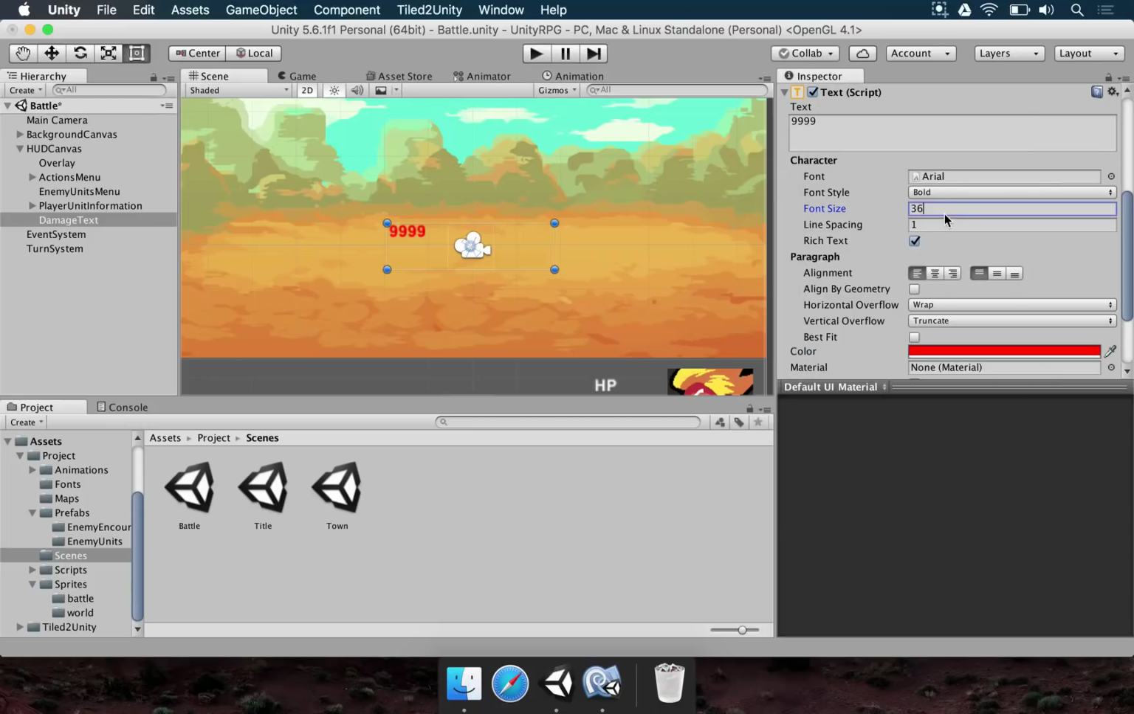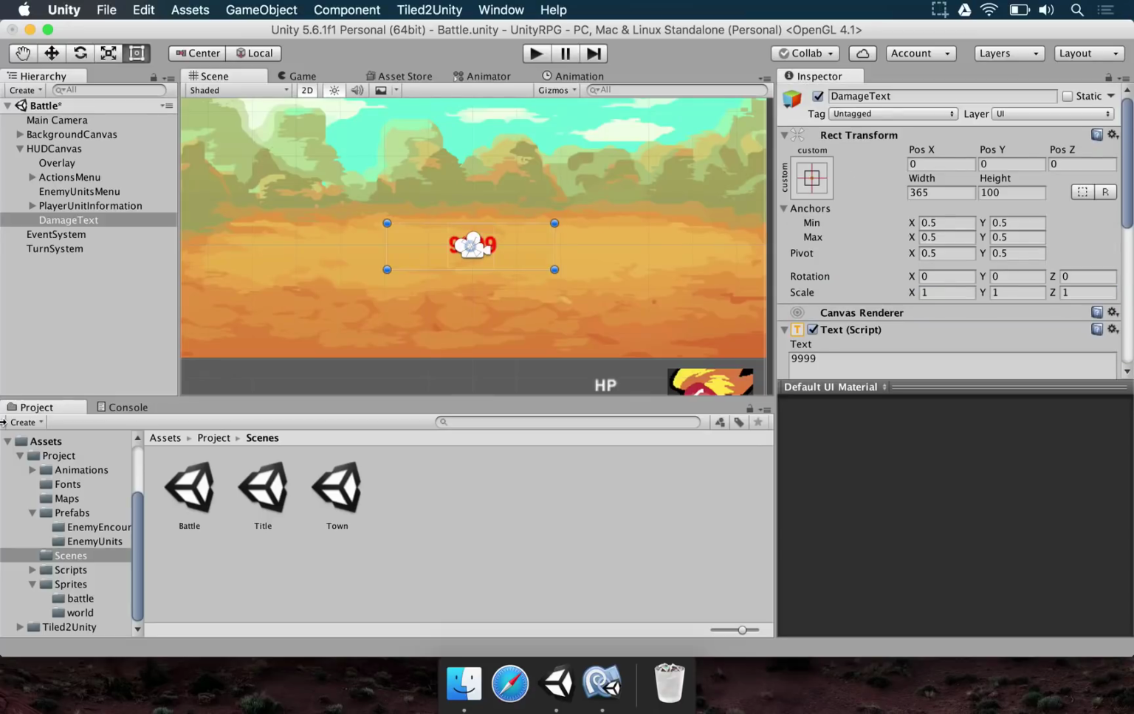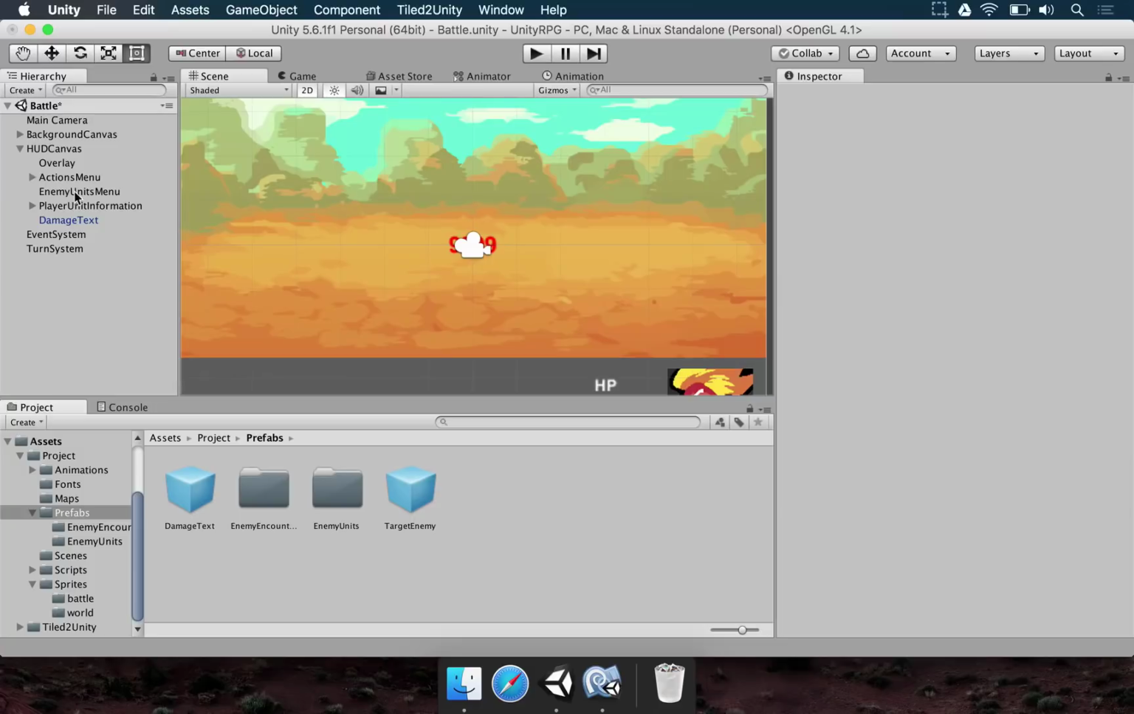Okay, it should be bigger, by the way. Let's use 50. Yes. Let's align in the center horizontally and center vertically. And now that we have this, it should be enough for us to save the damage text into a prefab. I'm just going to drag and drop here in the prefabs folder. Okay, damage text. I'm going to delete it from here, and now we have to update the units to put